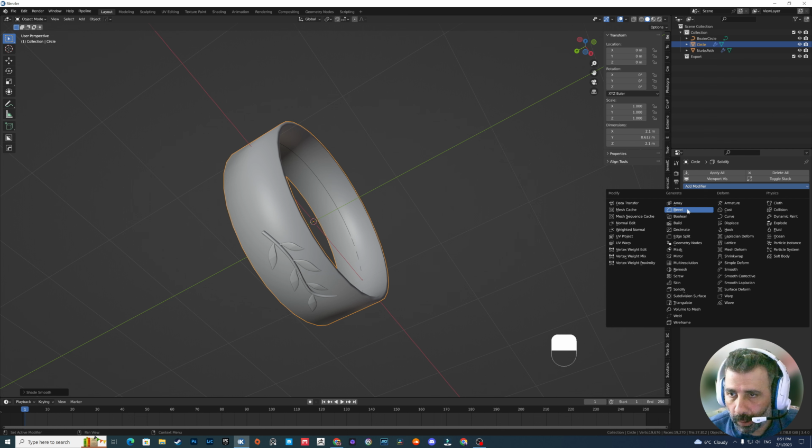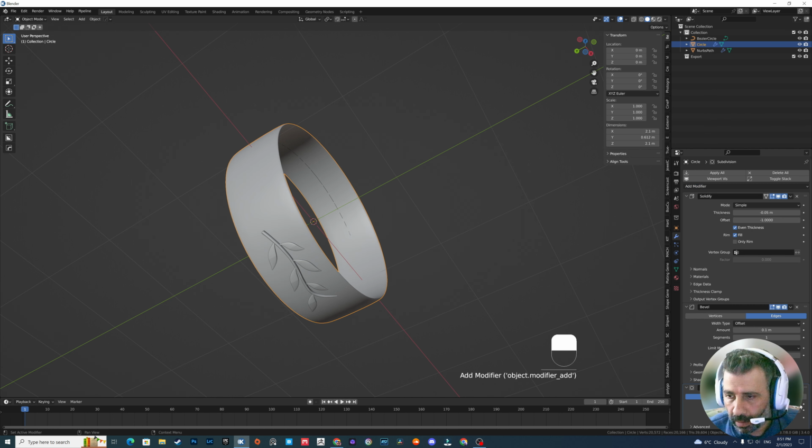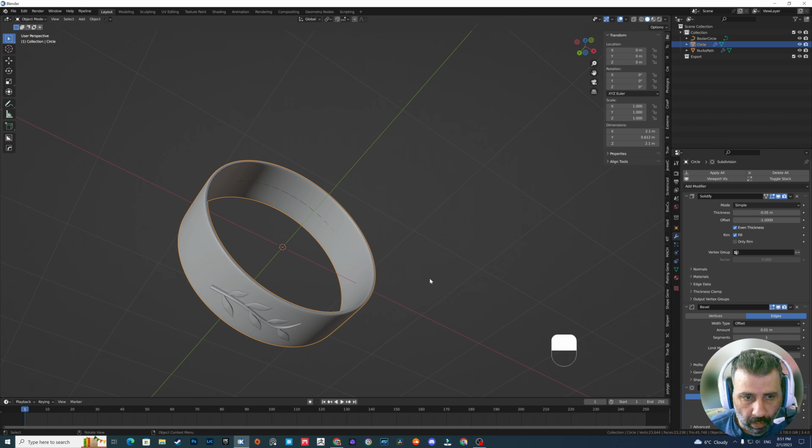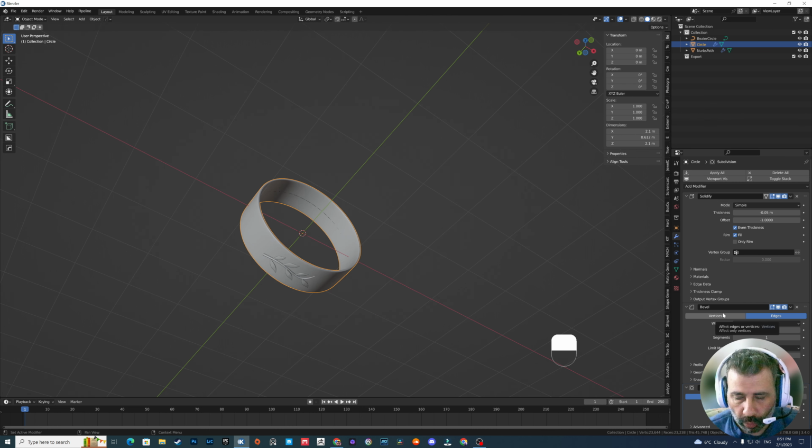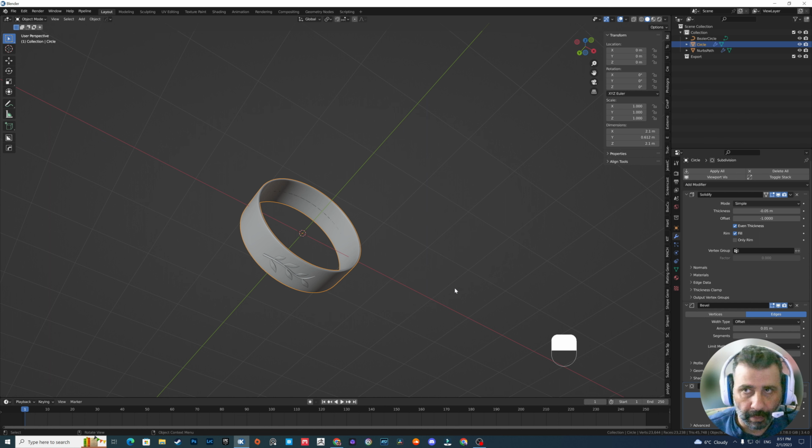Okay, before we do this, to have a better view, just make sure we add a bevel to the main ring and a subdivision to have a nice shape.